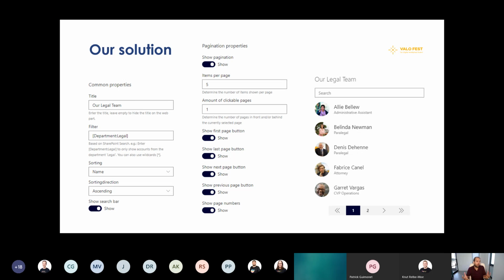And they now realize that even if people move from one business area to another, it's really important to also update the user profile properties, updated in the HR systems, but also updated in Active Directory. But if they then have all these properties updated, then this is a really nice way, because you don't have to manually update this web part anymore. We also have a couple of sorting options,